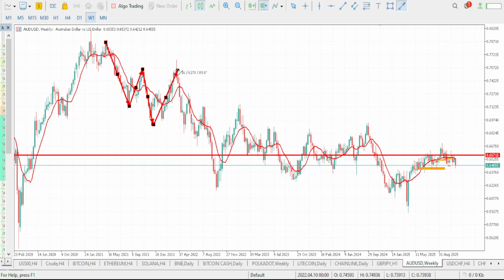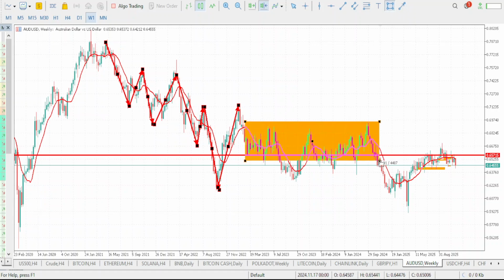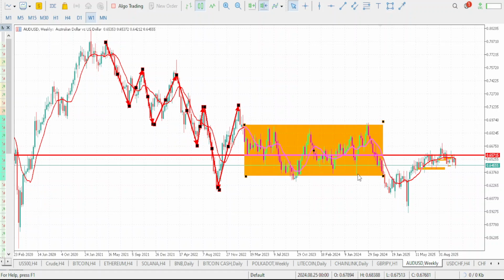Then the corrective wave. Then here comes the impulsive move, corrective wave. This is also our impulsive move. Here comes the corrective wave. The market eventually dropped and ranged within this level. You can see the market ranged within this level. This was around the year 2023